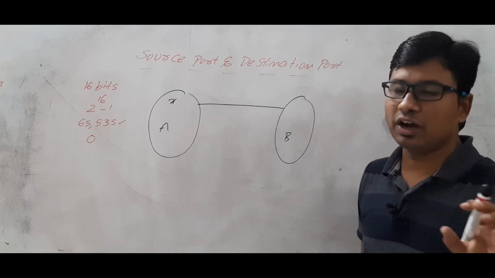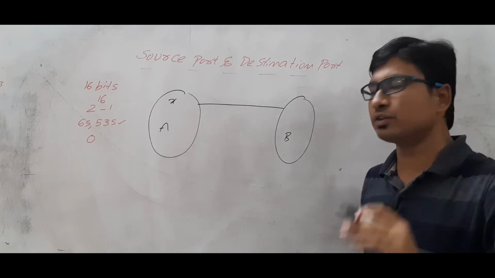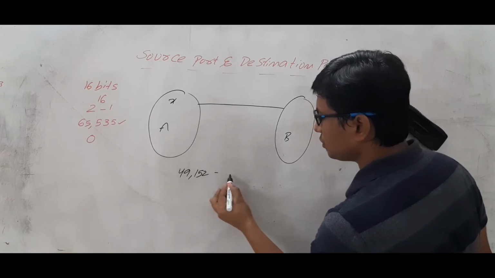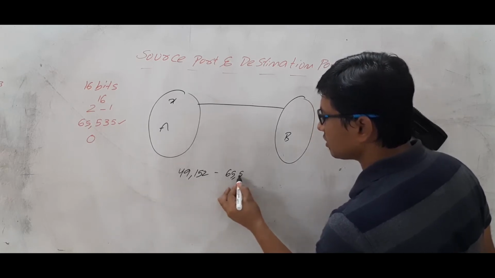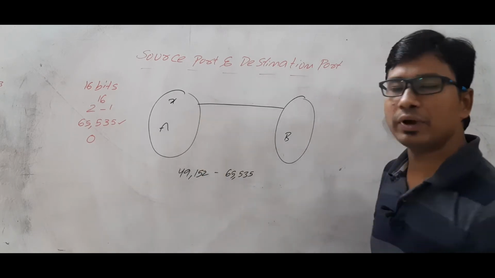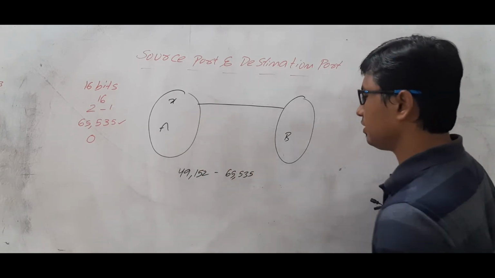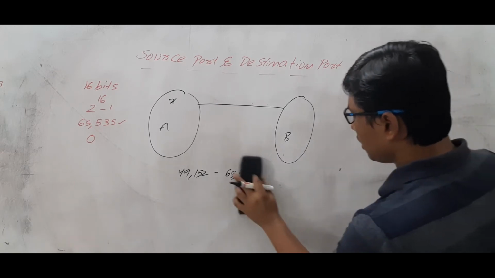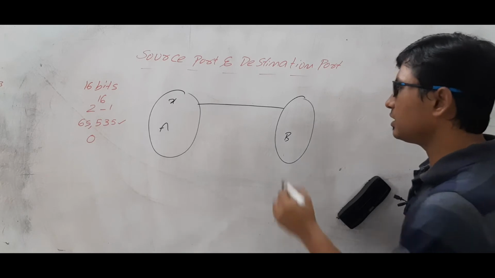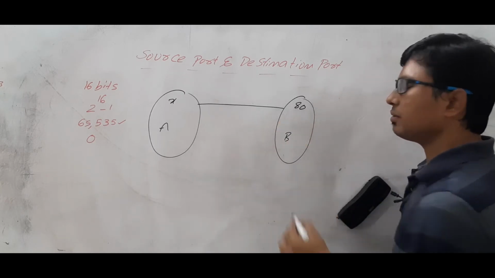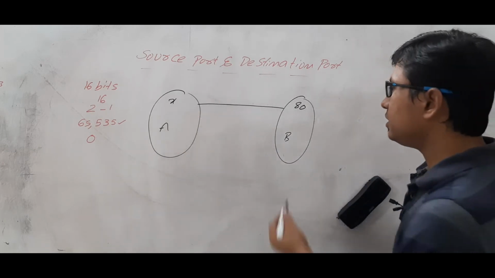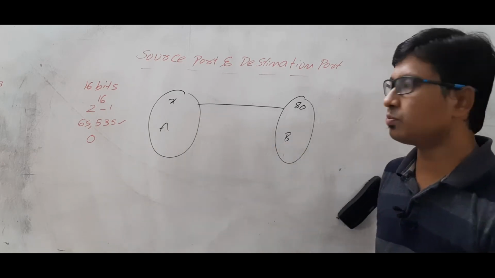So let's take that X is the source port number which you take from the range 49152 to 65,535. From this range you can take any value. The operating system will provide the source port number to you within this range. Now what will happen? Let's take that you are using HTTP. So at the destination you will use the number 80. So X is the source port number and 80 is the destination port number.